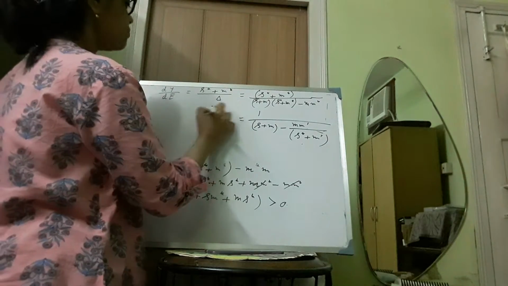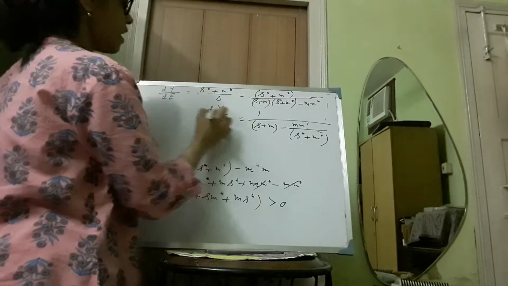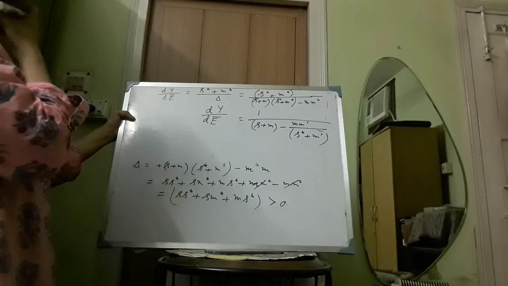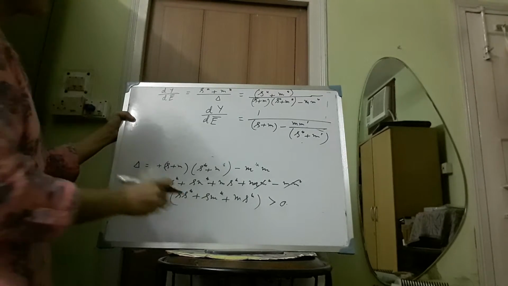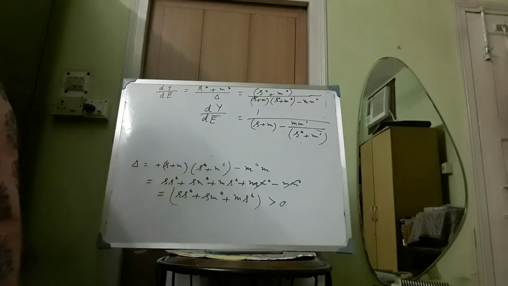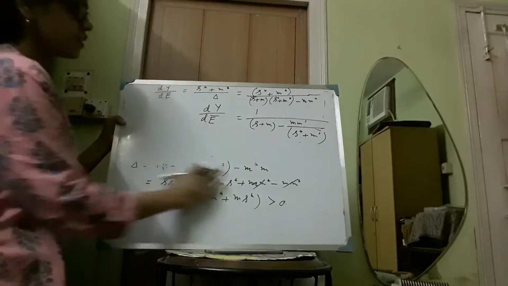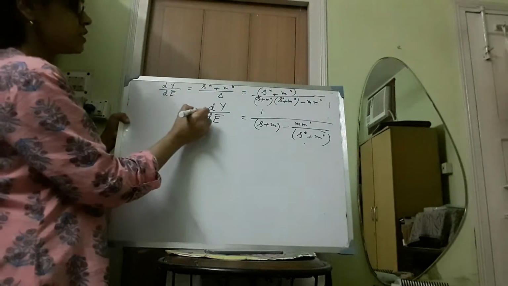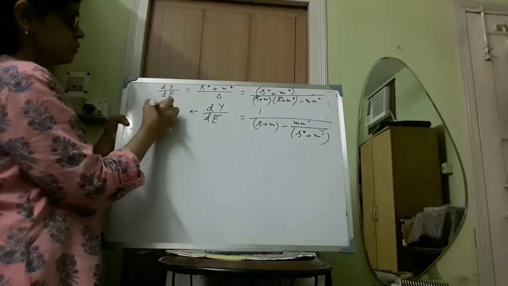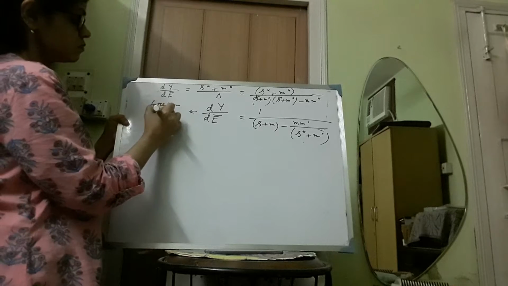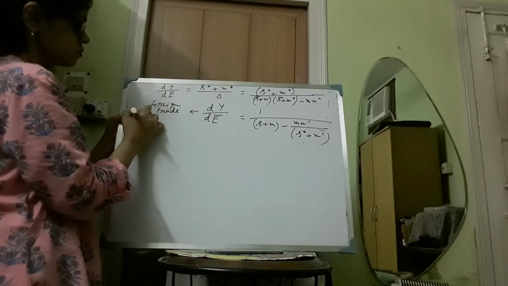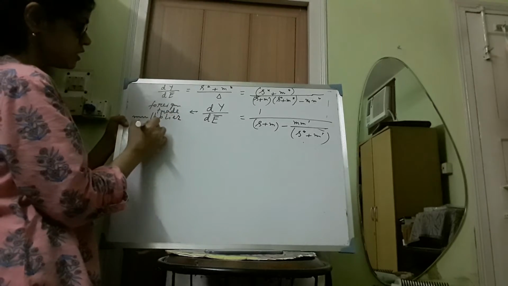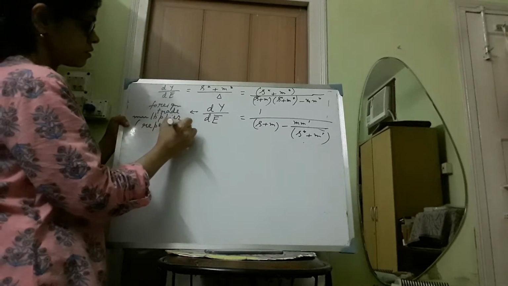So this is dy/dĒ when there is a repercussion effect, a foreign repercussion effect between the trading partners. So this is the value of the foreign trade multiplier in the presence of the foreign repercussion effect. So this is the foreign trade multiplier when we are considering the repercussion effect.